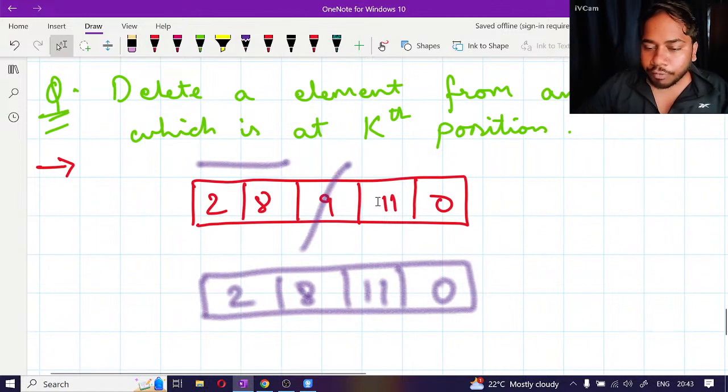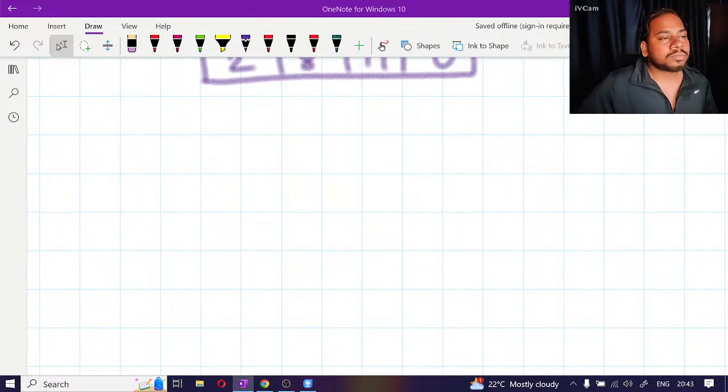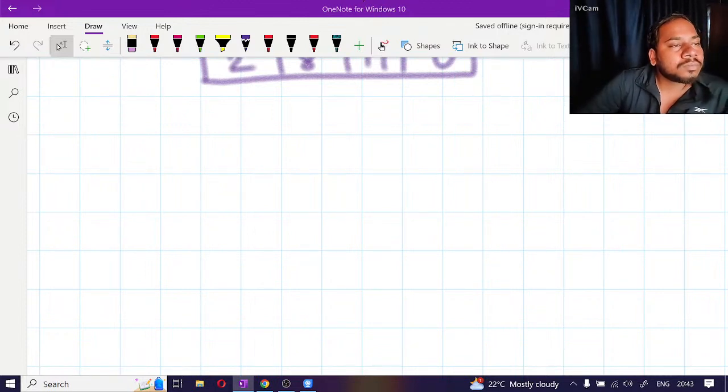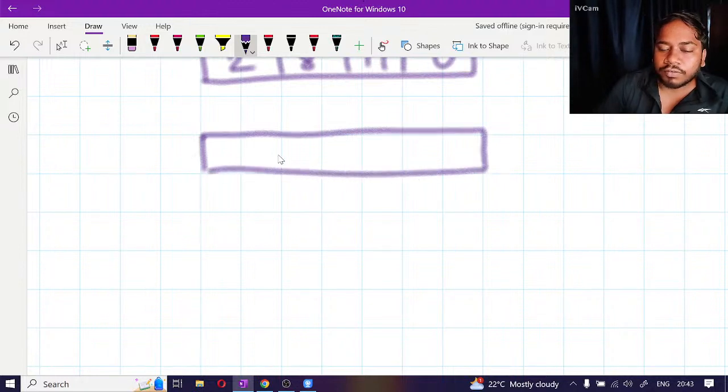Okay, so how will we do this, sir? If we want to do this problem using a single array, then how will we do this? Tell me. We can swap the element to be removed till the end and remove. That's correct. What can we do, sir? Suppose this is the problem. We have 0, 8, 4. If we have to delete this one,